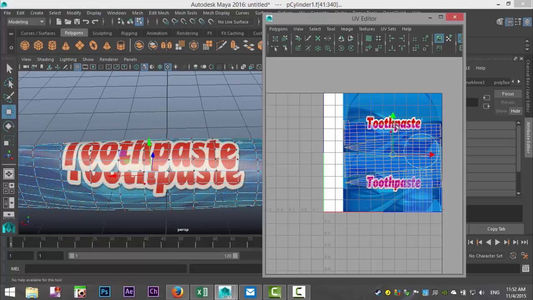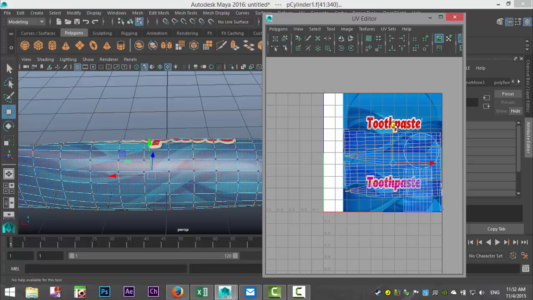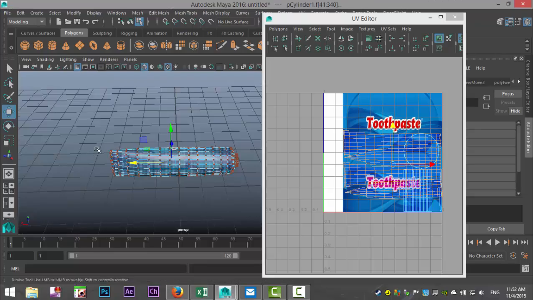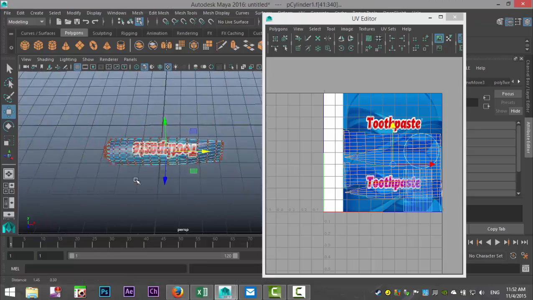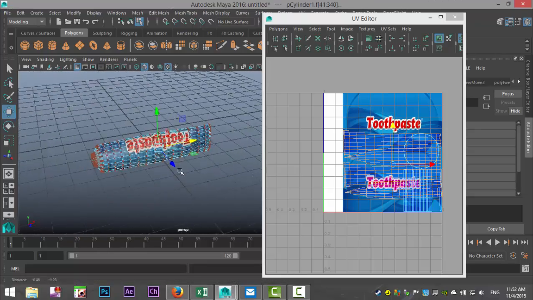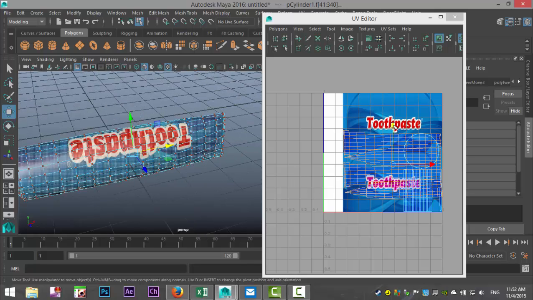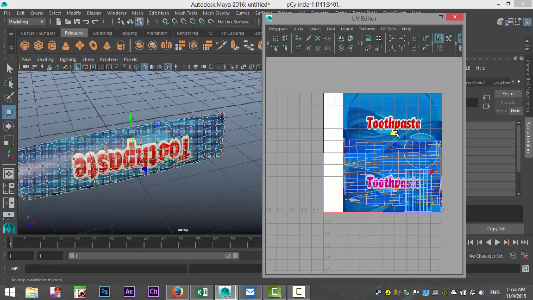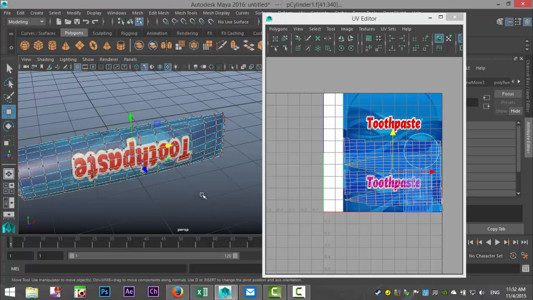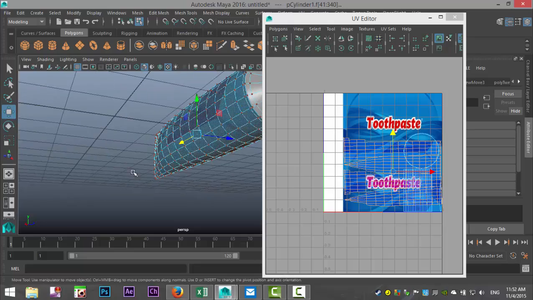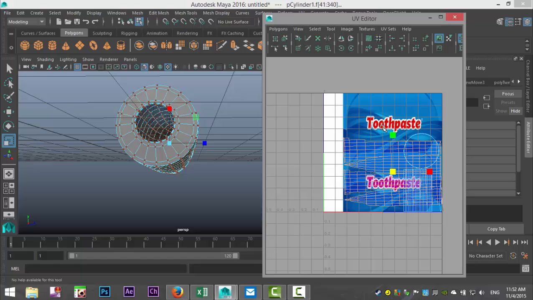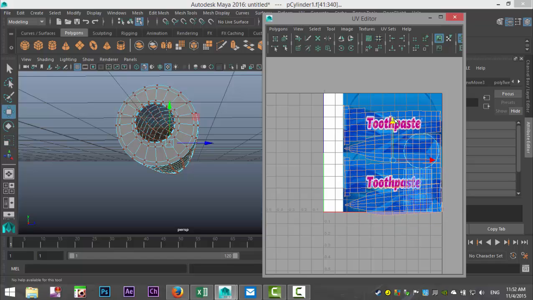Okay, we're going to hit W, bring that down. Okay, we're going to hit R, stretch this out because I want it on both sides.